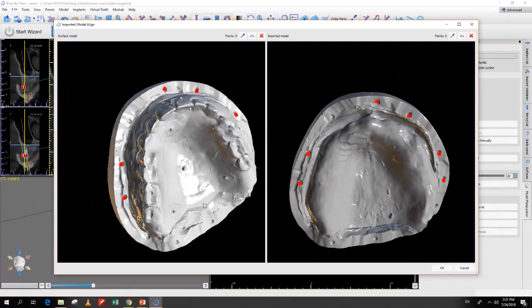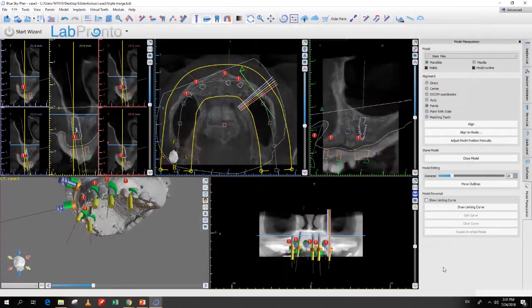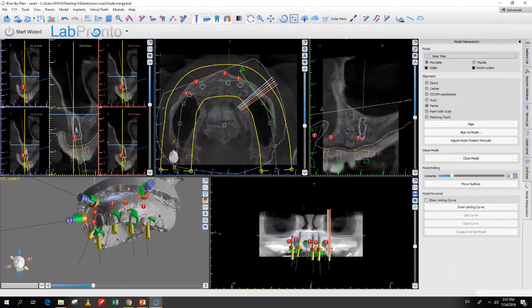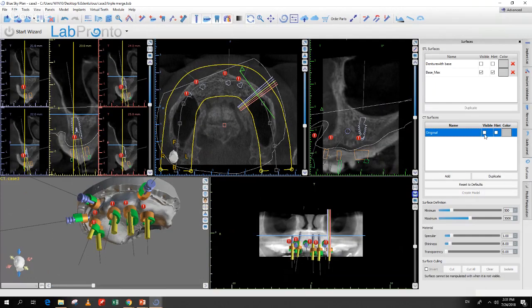Okay, we're holding down the Shift key, we're left clicking, and we're placing the markers on both scans. Once we do that, we go ahead and press OK. And we have our different surfaces. Let's take a look at them. This is our poured denture, the gingiva. This is the second